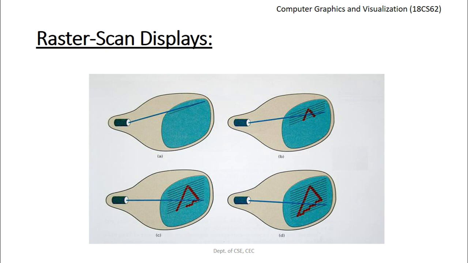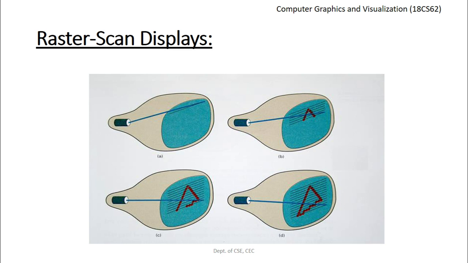It contains only either zeros or ones. We call it a bitmap. This bitmap is used to define the values for the pixels in black and white systems, because there are only two possible values: either turn on, and white color will be displayed, or turn off, and black will be displayed. Now in color systems, the frame buffer stores the values of the pixels using something called a pixmap.